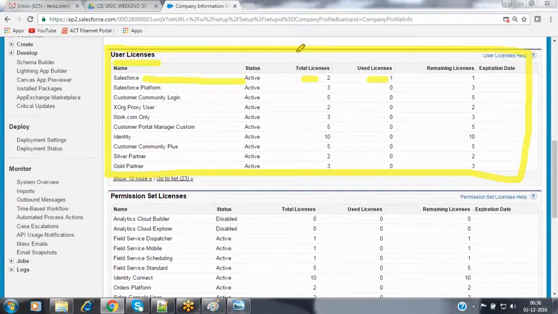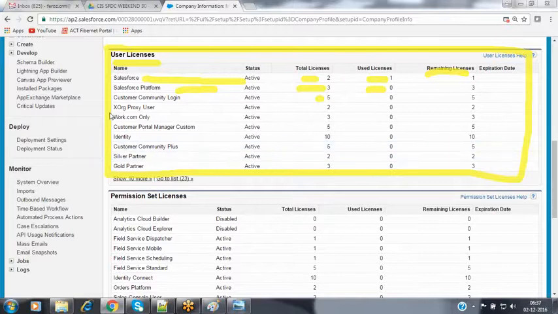Nothing but whenever you are creating a new Salesforce account, at that time Salesforce is creating one Salesforce user also. That user will be occupying this license. So here one license already we have used and we have one license remaining. And then for the Salesforce platform, Salesforce is giving 3 platform licenses to you. We haven't assigned any user to these licenses, so these 3 remain. Community licenses, they have offered to you 5. Like that, they are giving each and every license to you.